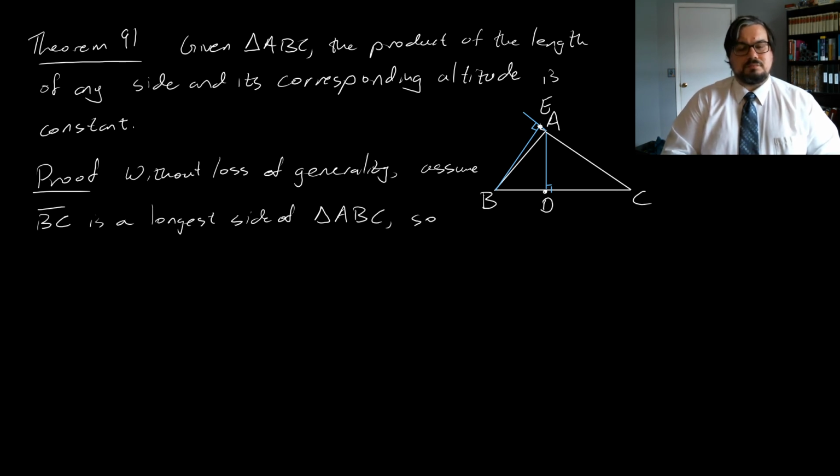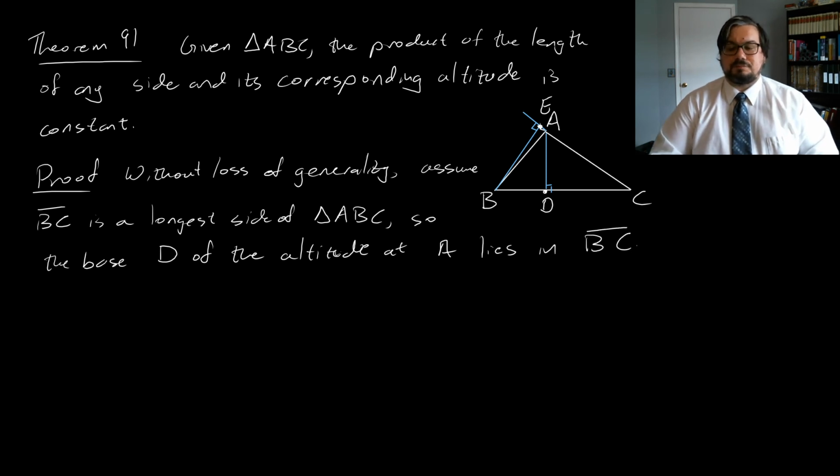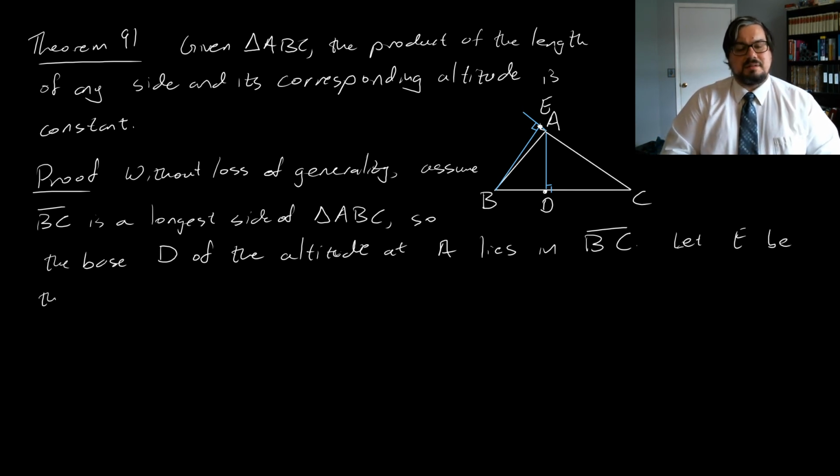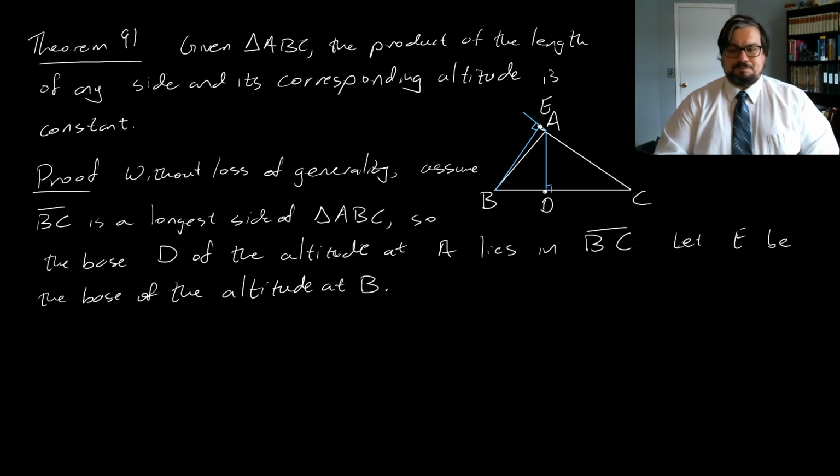So the base D of the altitude at A lies in the segment BC. Then also, let E be the base of the altitude at B. We wish to show